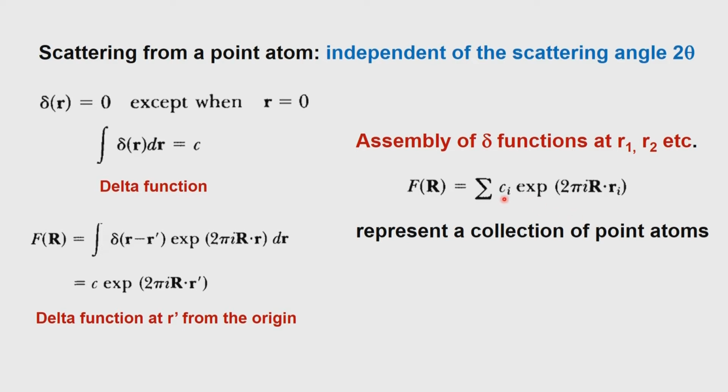and therefore we see that the summation is over the entire unit cell, but then the summation is over only the atom positions, because these are point atoms, and this summation will now give us the total number of electrons inside the crystal, and every one of them now has a phase factor depending upon where they are sitting. If they are sitting at r1, there is a phase factor, r2 there is a phase factor, r3 there is a phase factor, and therefore this now represents the structure factor for a collection of point atoms.